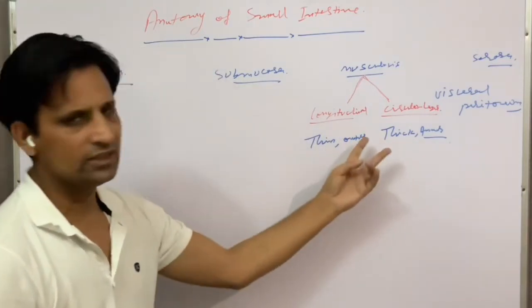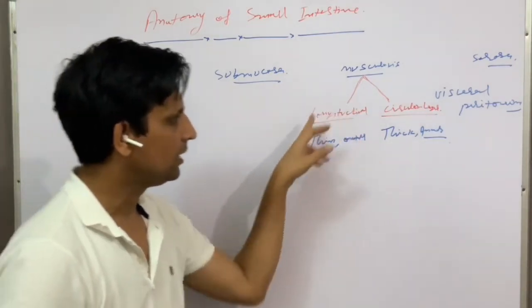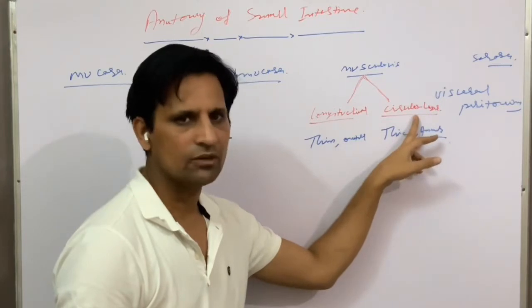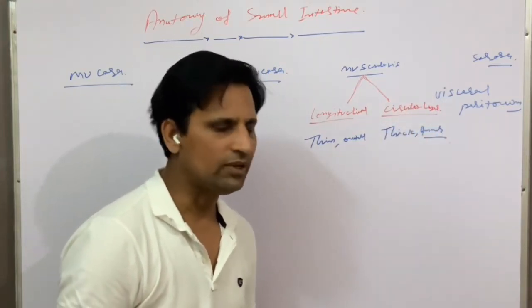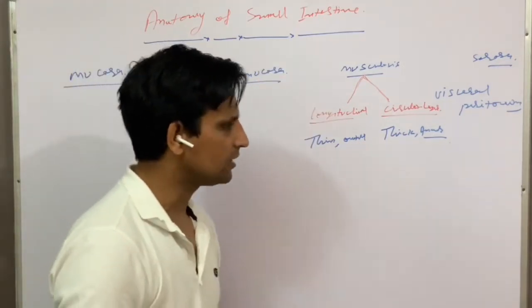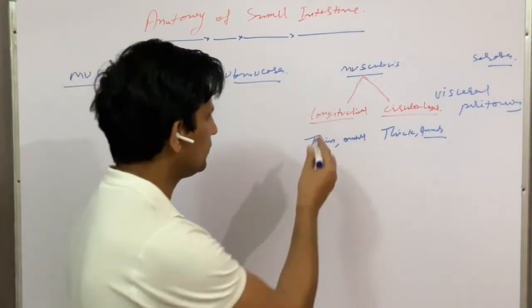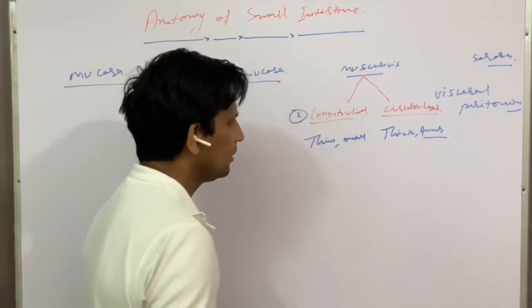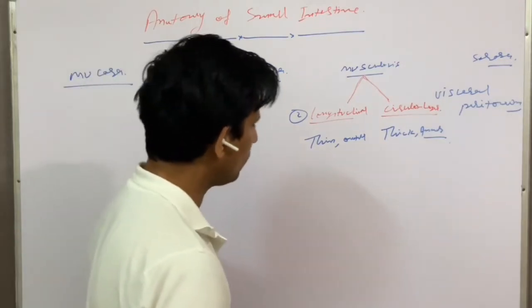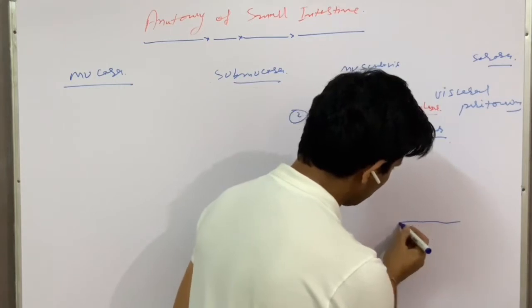So there are two basic layers, but when we see the stomach, the wall of the stomach contains three layers of these fibers. One is the longitudinal, second is the circular, and the third is the oblique layer, right? We will not discuss the oblique layer here because we are concentrating on the wall of the small intestine. So there are two basic layers in the wall of the GIT. Let's draw a diagram here. Through this you can understand the basic concept.